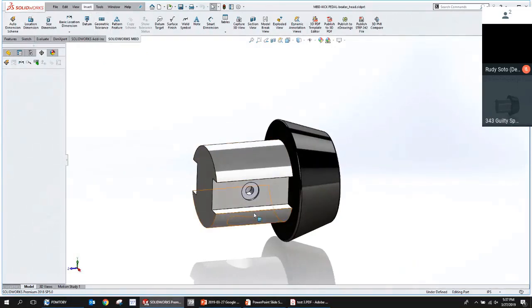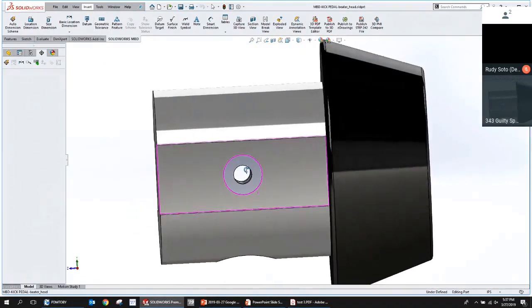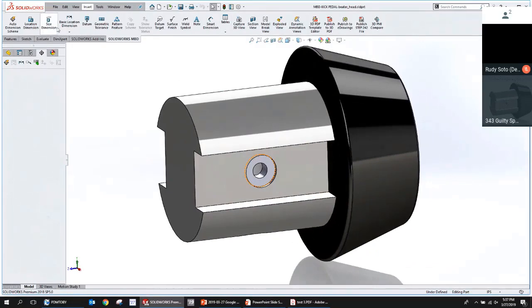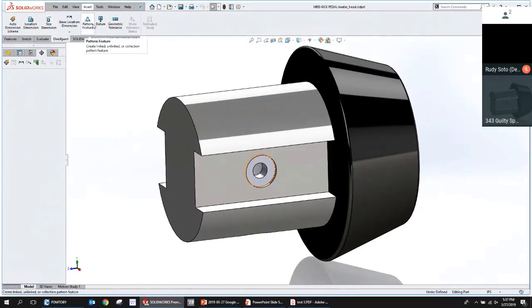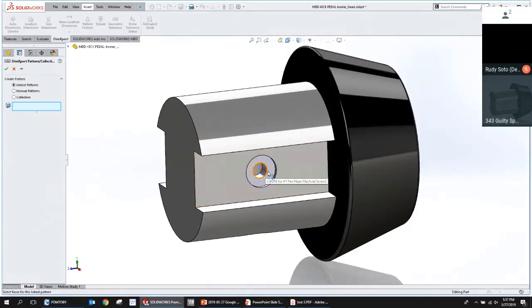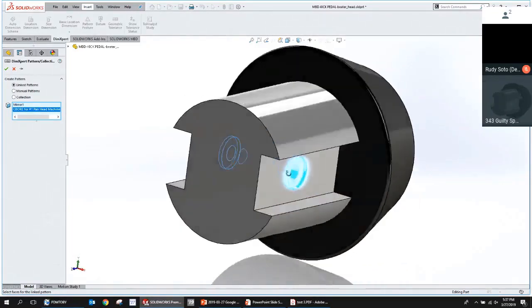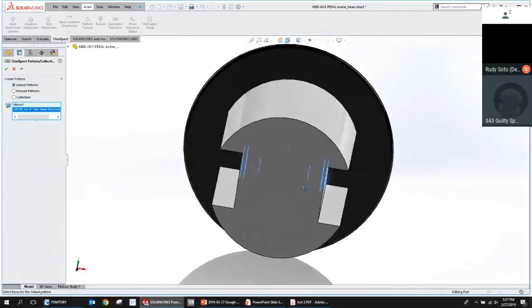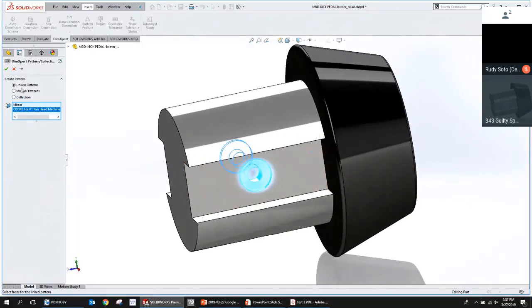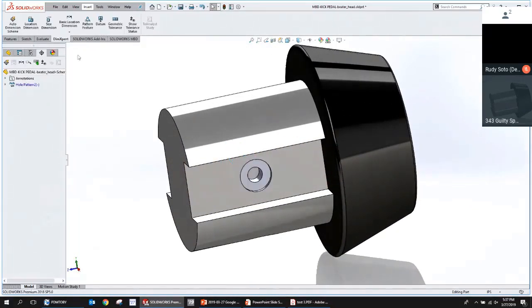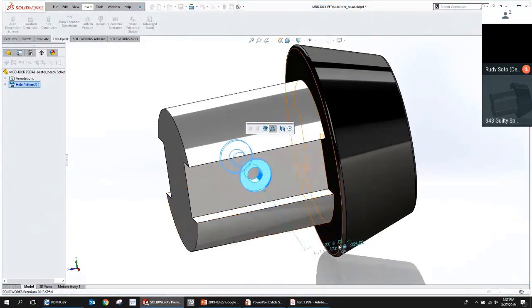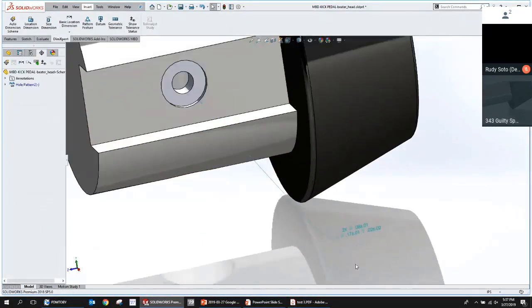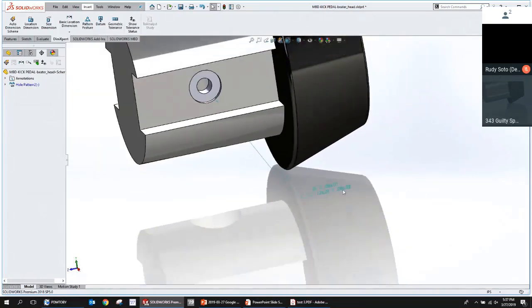We might say this is a scenario where these two holes are in line with one another. So we might come in ahead of time and define those using the DimExpert tool feature pattern. You can just click here and SolidWorks recognizes that they're coaxial, so it hooks them together as a complex whole. That way, when we go to dimension this, it automatically comes up with the 2x for that hole.